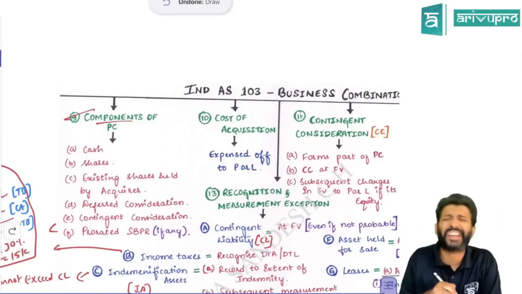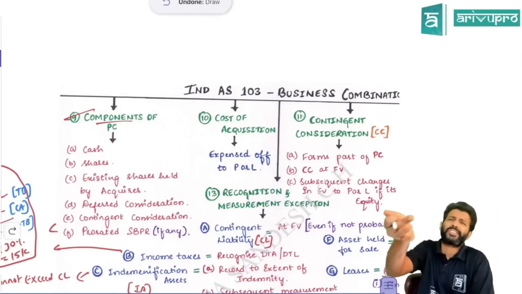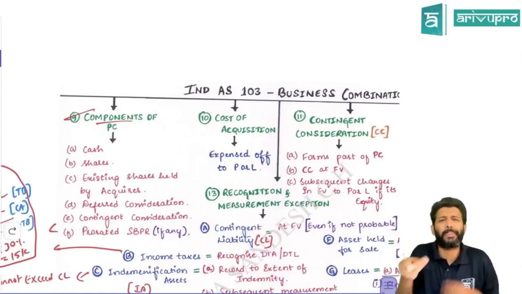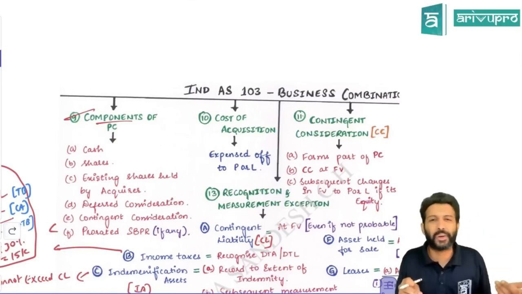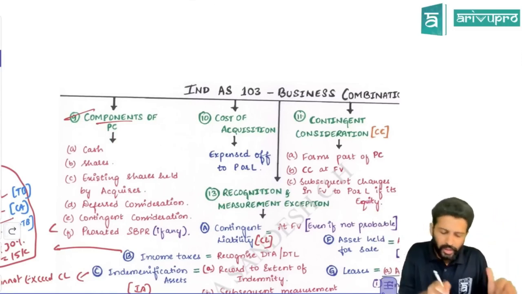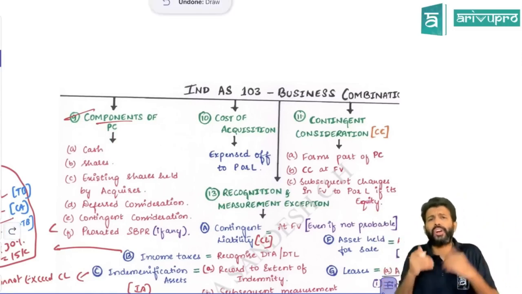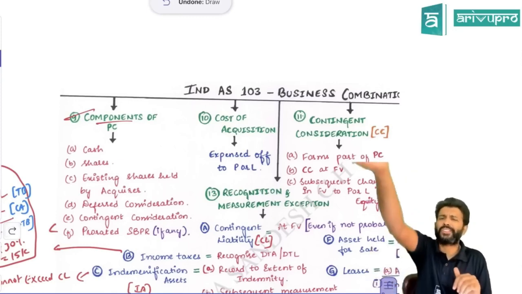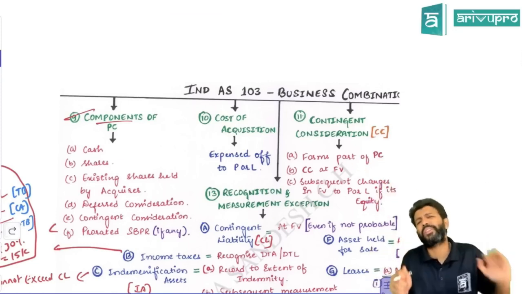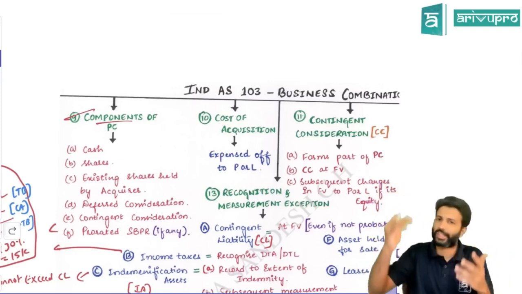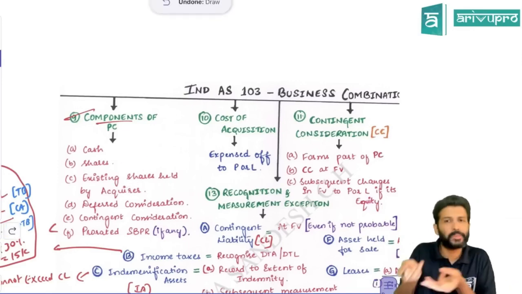First is the cash. Cash means if you purchase the shares, you have discharged the PC by paying cash. Cash here means cash and cash equivalents, as in bank also. Shares means you got the control by doing an exchange transaction. You purchase the subsidiary's shares. In PC, you gave in the form of your own shares. Parent has given its own shares. That is one. Fair value of existing investment, we already have seen.